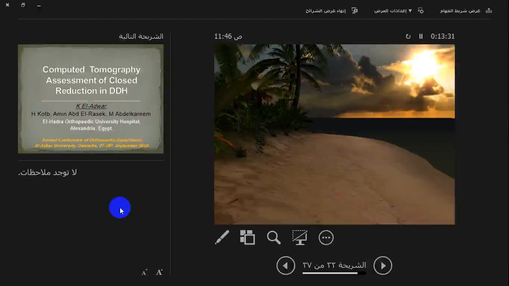The posterior neckline is almost the other side of the anterior